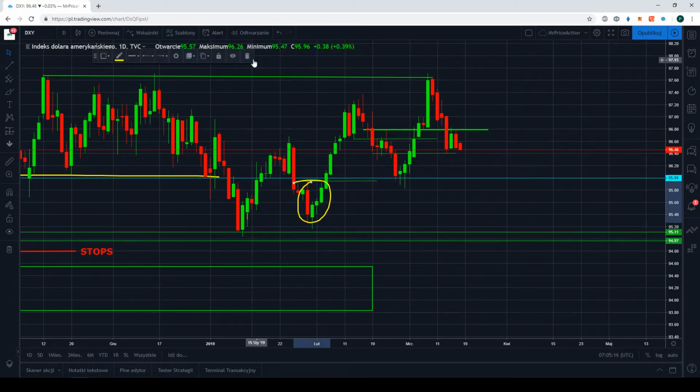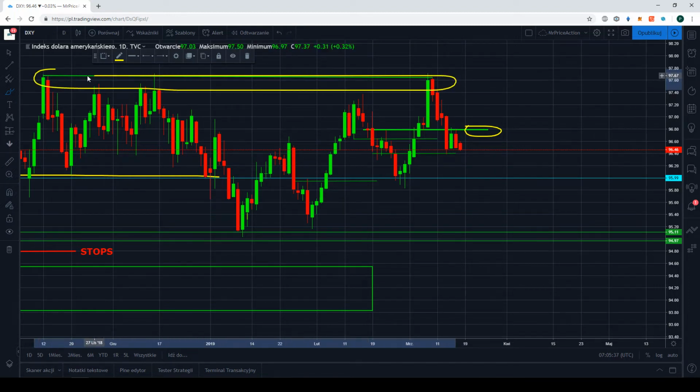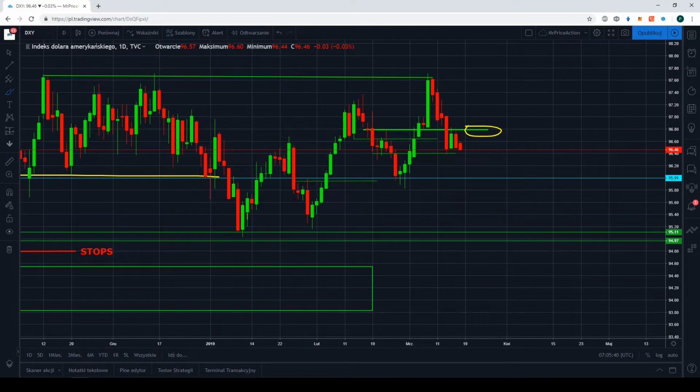So the bulls are going to try to hold above this 96.40, 95.90 based on the daily chart. And bulls will try to first get back above 96.80 and then try to retest 97.60, 97.80 based on the daily chart. On the other hand, sellers most probably have first possible supply around 96.80, as I mentioned a second ago.